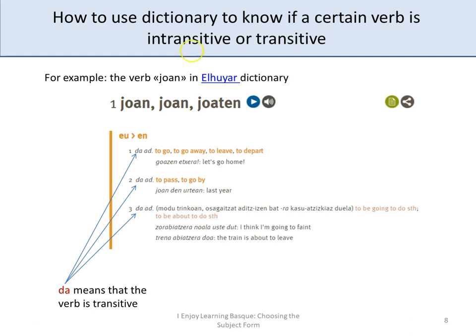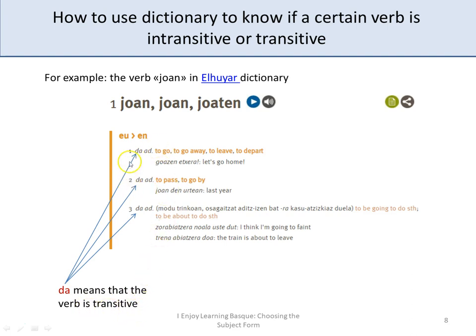intransitive. So as an example, we are going to see joan in the Elhuyar dictionary. You can click here on the PDF, or you can search in Google Elhuyar, and you are going to see for joan, the verb joan, to go, this explanation in English. And as here is written da, here is written da as well, and here as well. So da means that it's a verb that is intransitive,